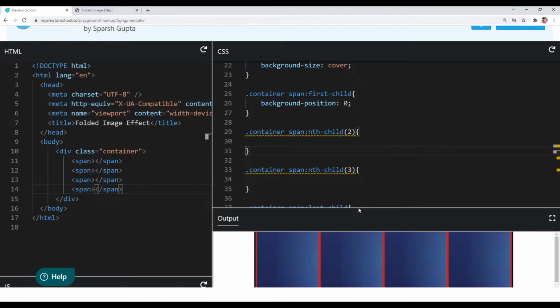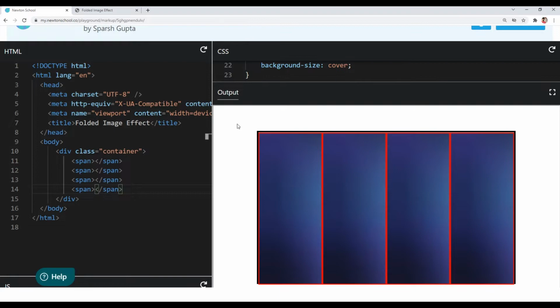See this, we have given 25% width to each of our span elements. So this is our first element, which is 25% of the width of our container, and right after it our second element is starting.